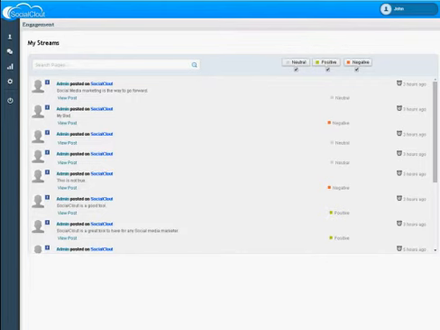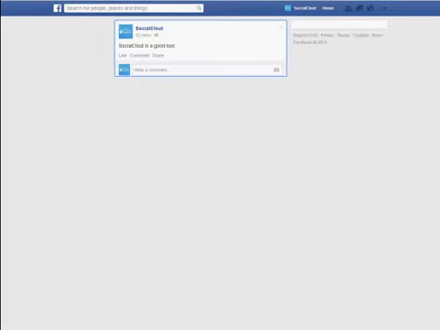As you see, with each activity, you also have an option of viewing the post. Let's say I want to view a post. Just click on View Post and you will be taken to that post either in Facebook or Twitter. If you want, you can engage with the user or post a comment. As you see, I will like this comment.